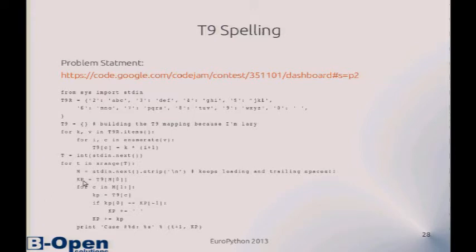Then you just get the new string. The tricky part is here: you have to insert spaces when you have 2 consecutive letters that are on the same key. Do you remember? If you want to say A, B, you have to type 2, then wait, and then 2, 2 to say the B, otherwise it would seem the C.